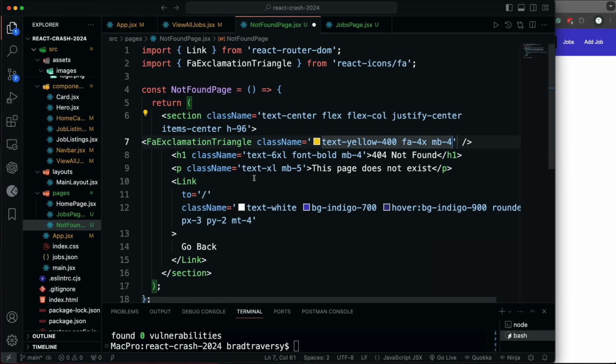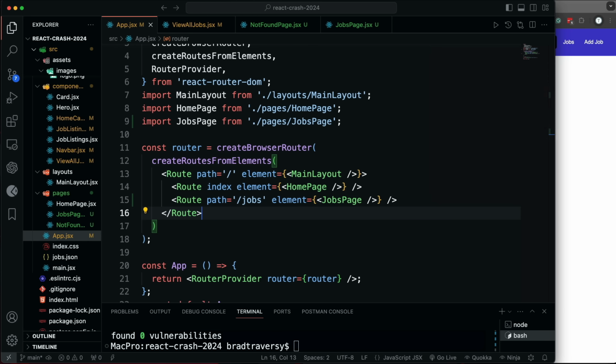Paste in, we're going to have text yellow. And then, actually, we don't need this FA class right here. We're going to get rid of that. Let's add text-6XL. Okay, now to make this show on pages that aren't found, we're going to go back to the main